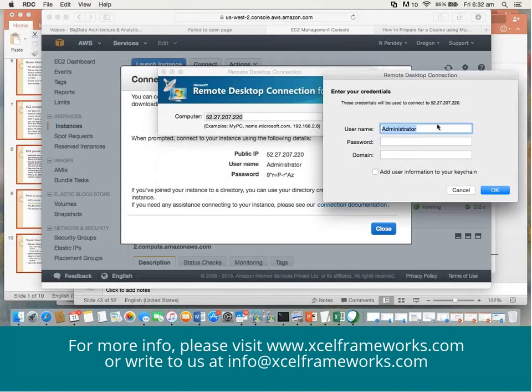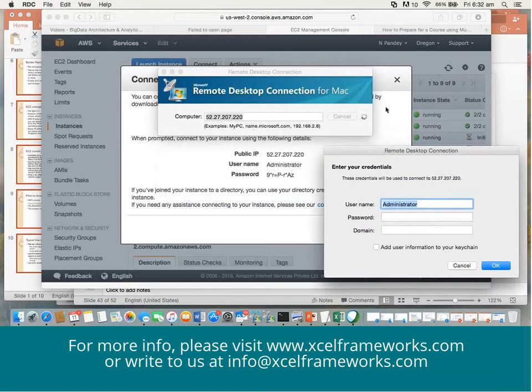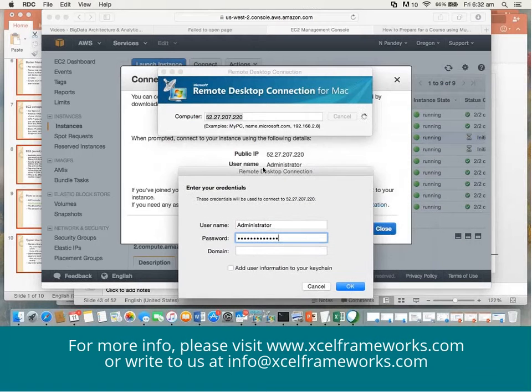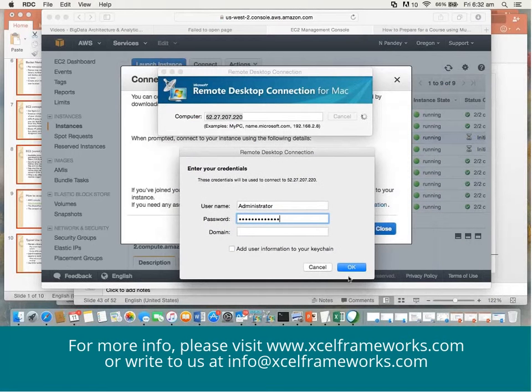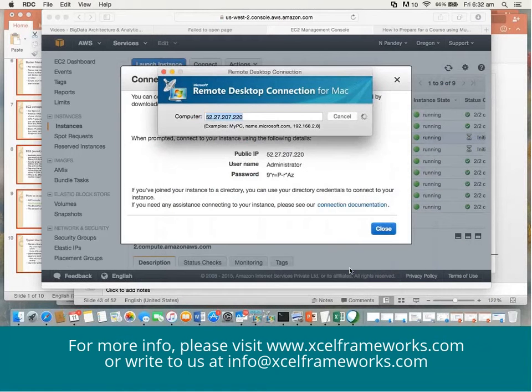So if you see here, automatically that RDP file, when I clicked, it gave me 52.27.207.220, and that's the IP of your box. User ID is administrator, and you can specify the password, right? We have not created or specified any domains. I'll just go and click on OK.